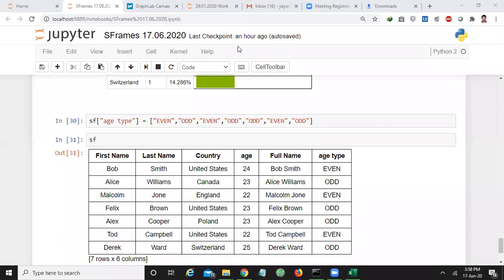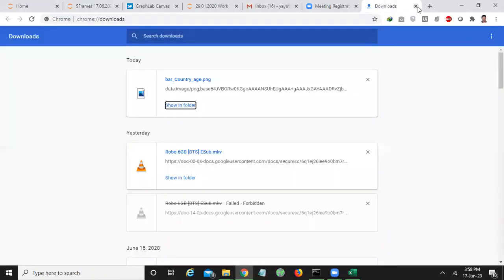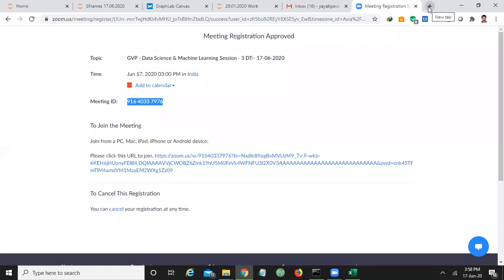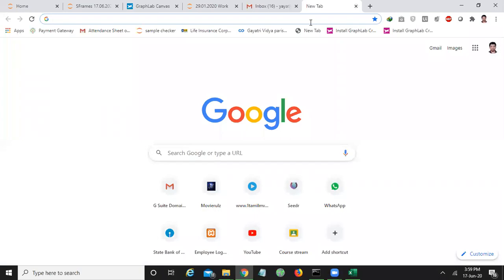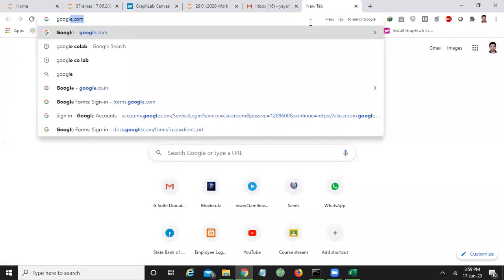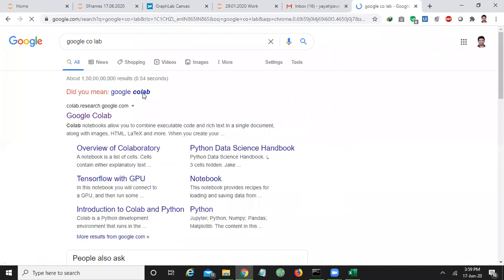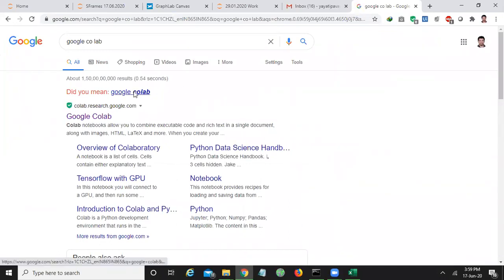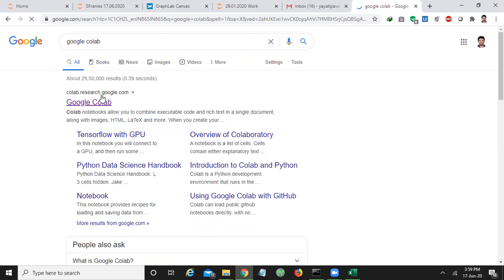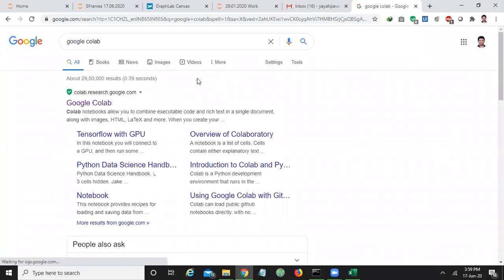So open a new tab and here type Google Colab. Otherwise, if you know the website name, it is colab.research.google.com.